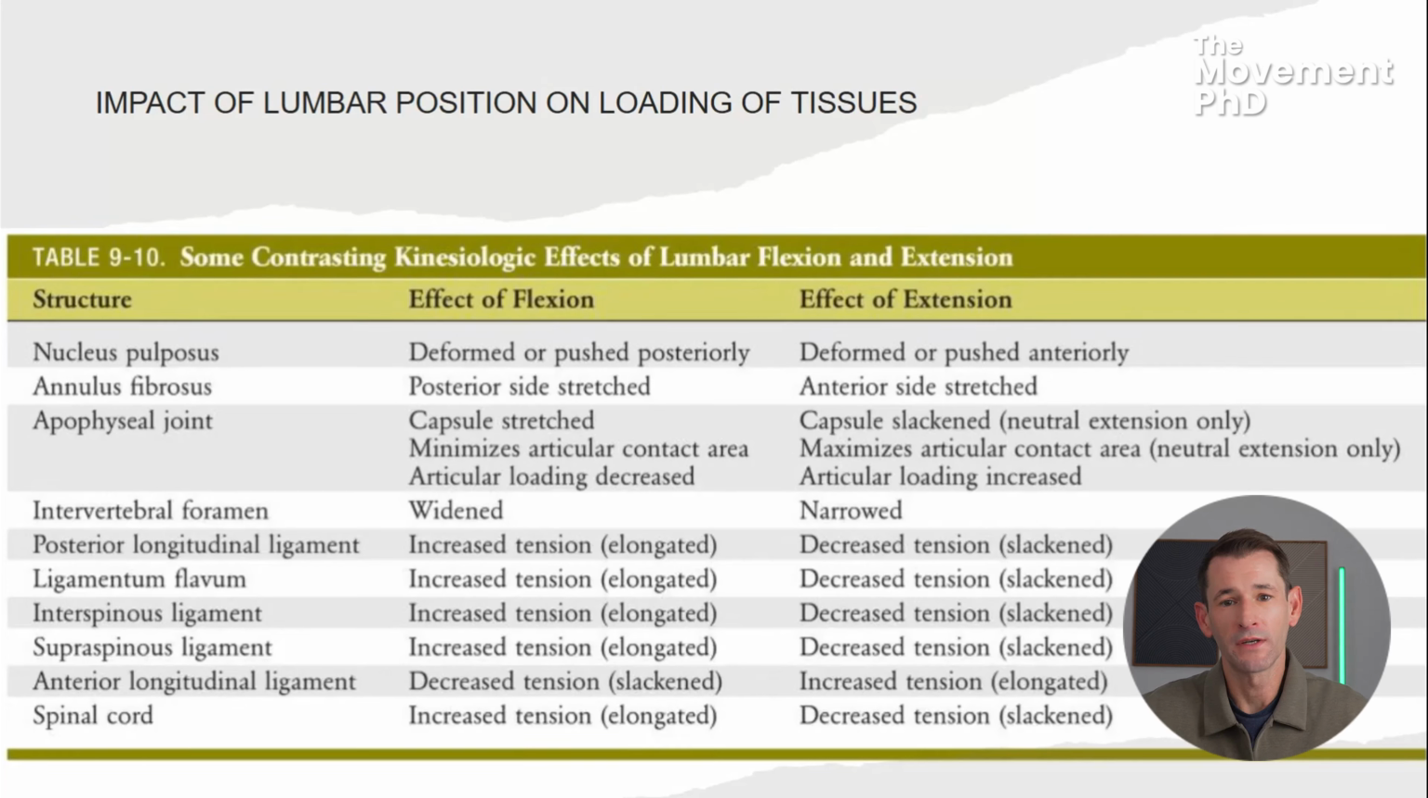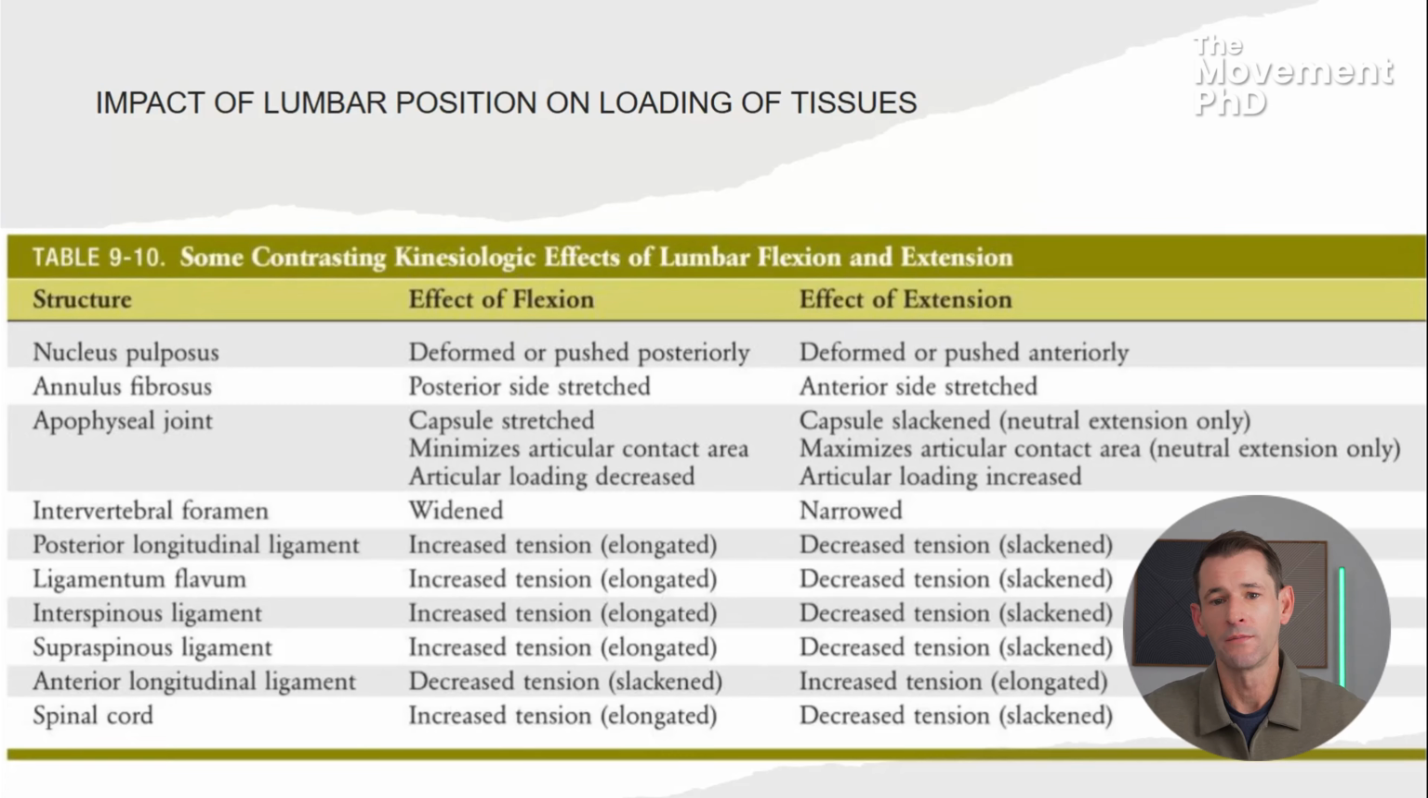Conversely, the effect of extension, what are things that are under stress? Well, there's maximum compression of those apophyseal joints, or those facet joints. So that's why extension is associated with facet joint arthropathy, with those facet joint types of OA. The intervertebral foramen is narrowed in extension. So that's why we have that association of extension syndromes and stenosis, because that's a position of narrowing of those